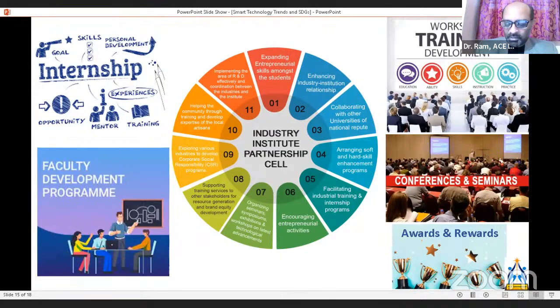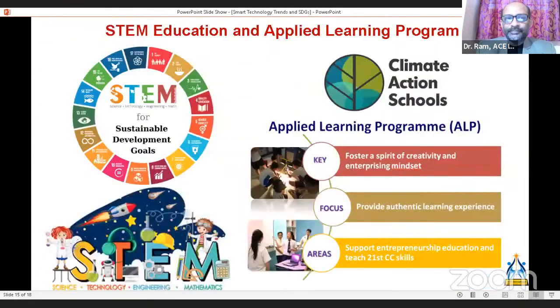Awards and rewards: we collaborate with different kinds of associations, organizations, government bodies, non-governmental bodies and societies. We are working together to recognize the right people to receive the awards and rewards. It is also required for them to prove their ability and meet the KPI standards, key performance index.